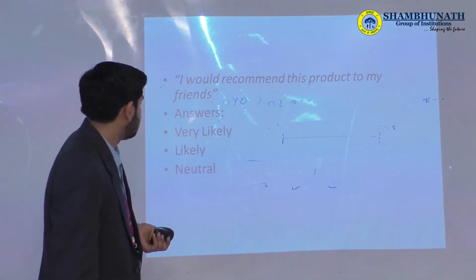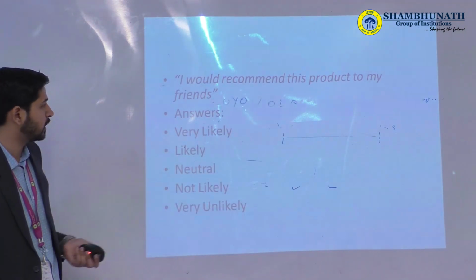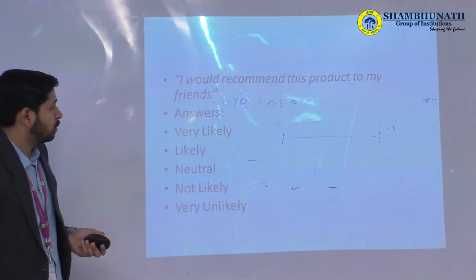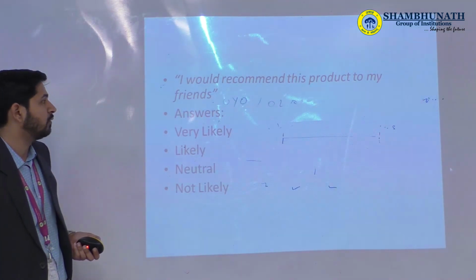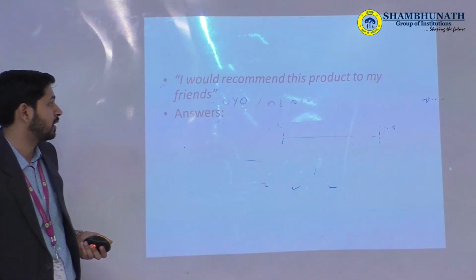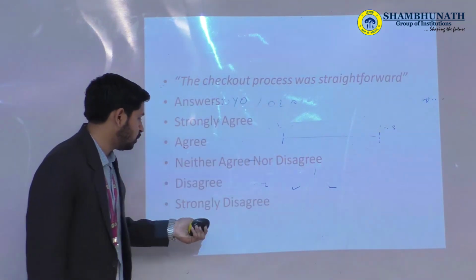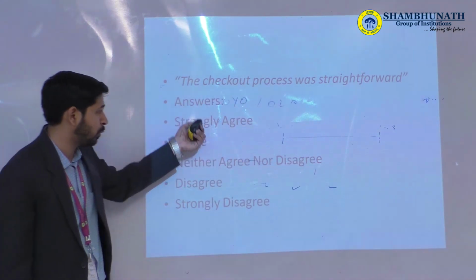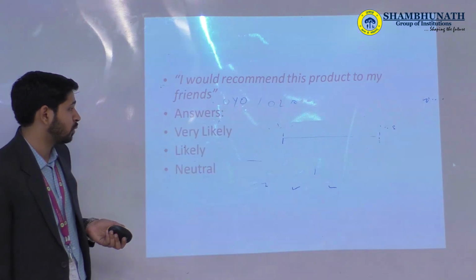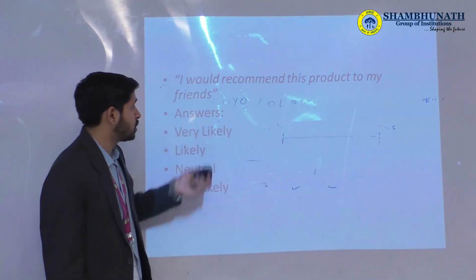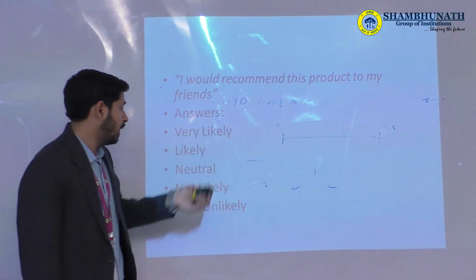So the answer is very likely to very unlikely. This is also a 5-point Likert scale. Now the question is, I would recommend this product to my friends, and you are using the option strongly agree to strongly disagree. Now this is the important thing which you have to remember when we are talking about the writing of your questionnaire. If your question is, I would recommend this product to my friend, now it means there are